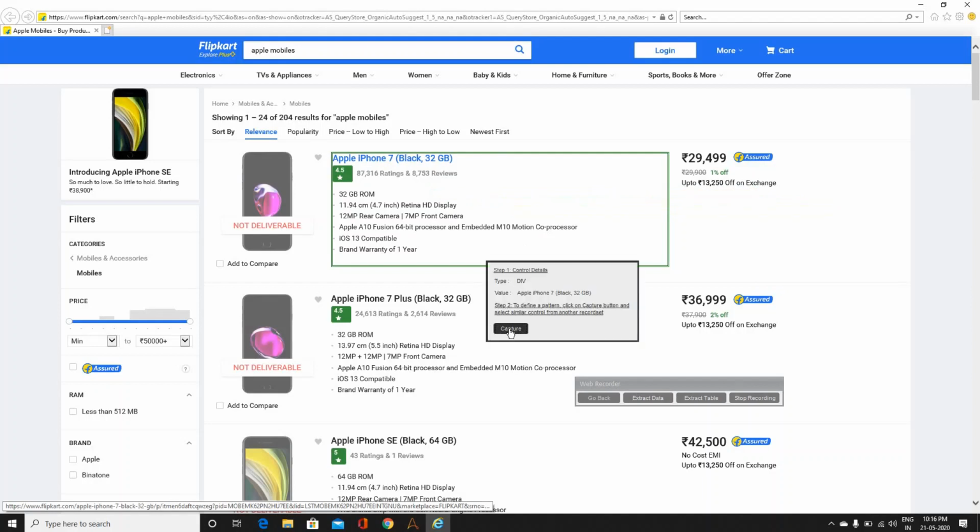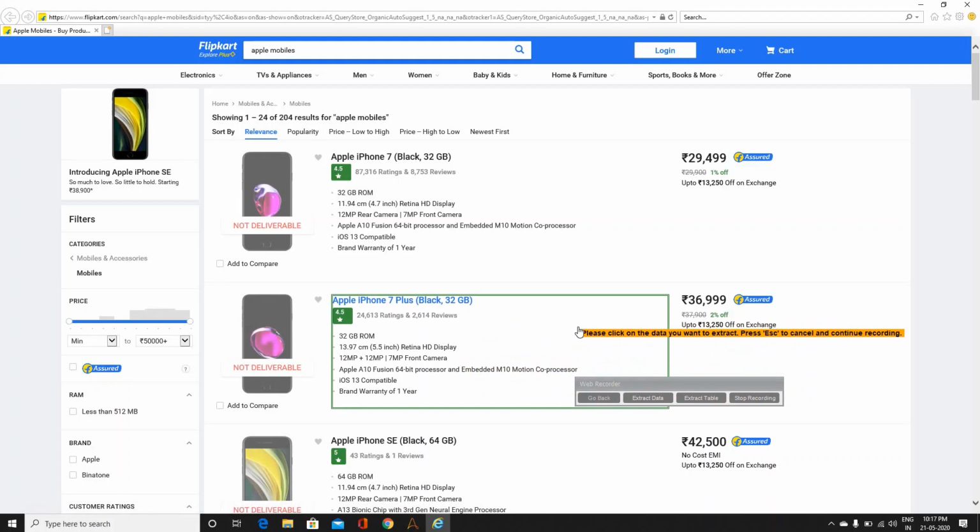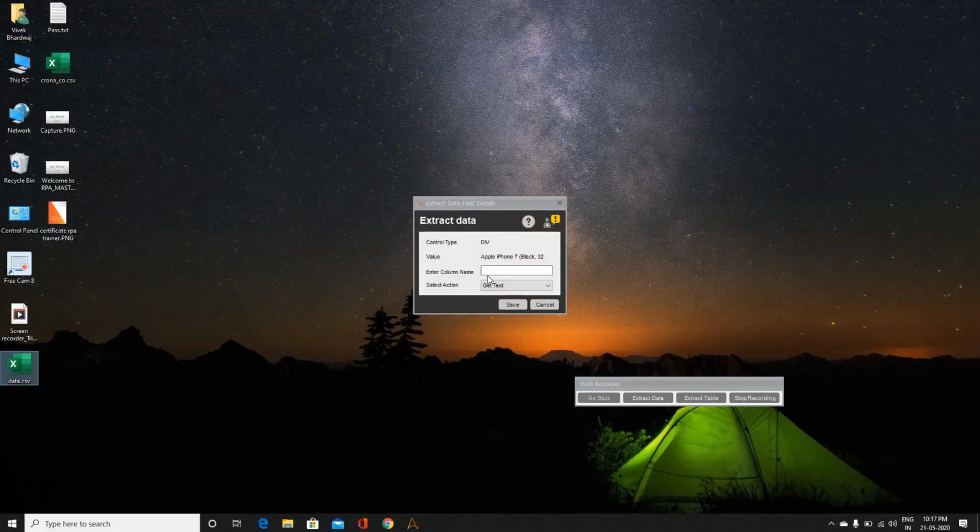Now similarly we have to match the pattern. You have to move your cursor until the green box appears. Click on this. Now we have to name this column as detailed info. Now click on save.